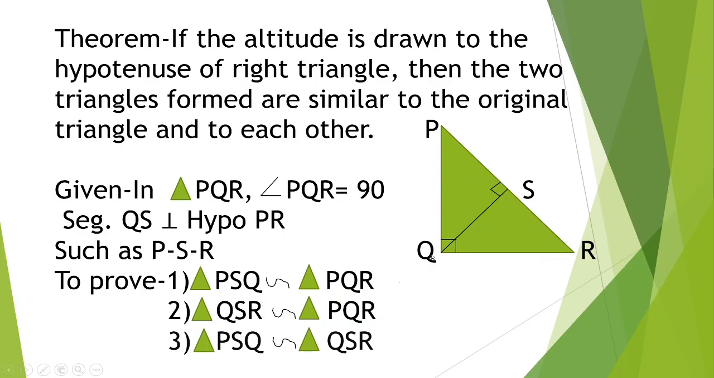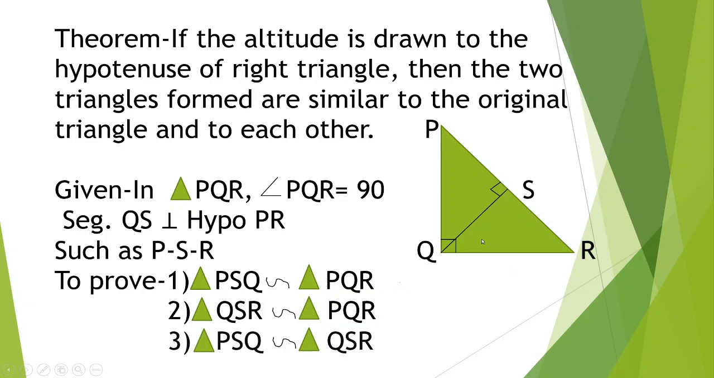PQR and QSR. Again you can see R angle is a common angle in PQR and QSR. So you can show in triangle QSR, angle QRS is equal to angle PRQ, and in QSR this S angle is 90 degree and